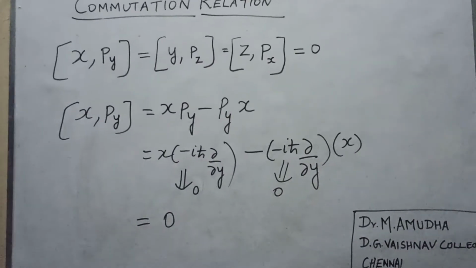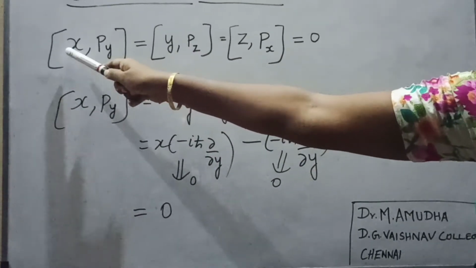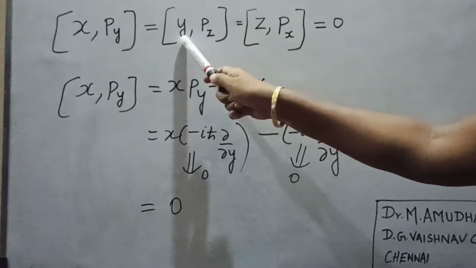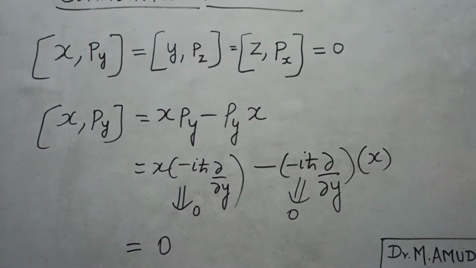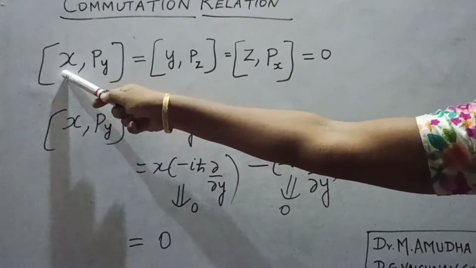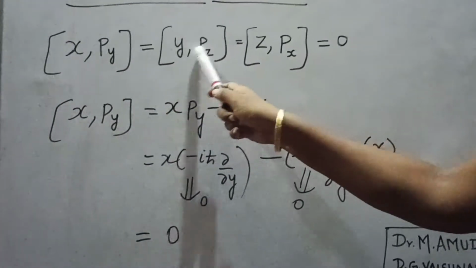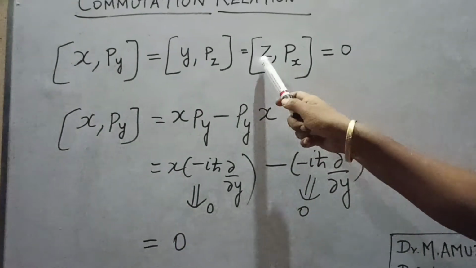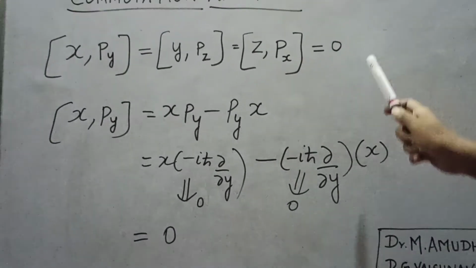In the previous commutation relation, we have seen the components are found to be the same. That is, if the position component is X, the momentum component is also X. If the position component is Y, then the momentum component is also Y. If it is so, we have seen the solution as iħ. But here you have seen the position component is X and the momentum component is found to be Y. It is found to be entirely different. So here also, the Y position component, the momentum component is found to be Z. So Z along with the X component of P. All these lead to the value 0.